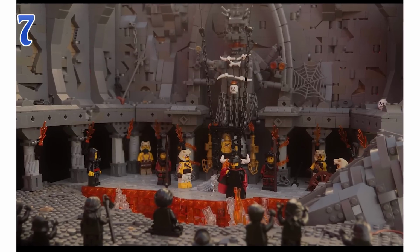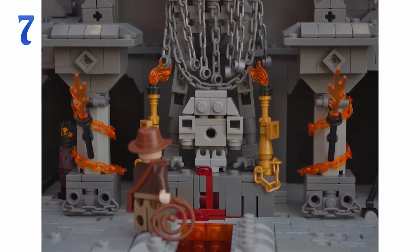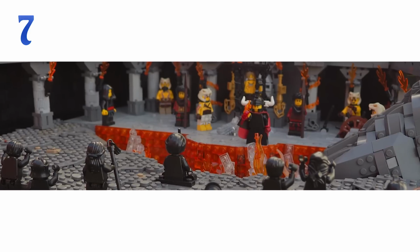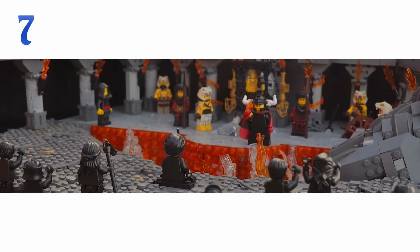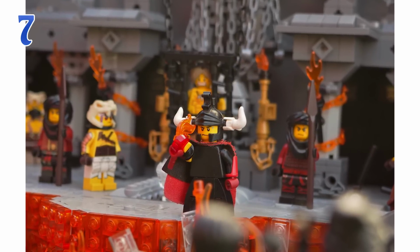I know that Indiana Jones and the Temple of Doom is one of Jack's favorite movies, so I guess he would really appreciate this build, and I honestly think that there was a lot of effort put into it to make it look as good as it is. It might also be the effect of some good photography and use of lighting to create this special atmosphere in